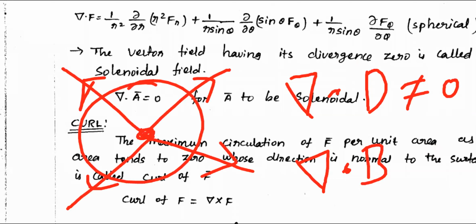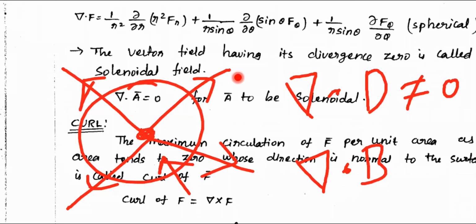Once if you have a point charge, definitely something is going outside. So del dot D generally cannot be equal to 0. It will have some value. Once if you have some charge, definitely you will have some value, not 0. But please remember, you should have the charge here. Without charge you cannot expect the outward flow. Without putting the charge inside the imaginary sphere, you cannot expect the electric flux.